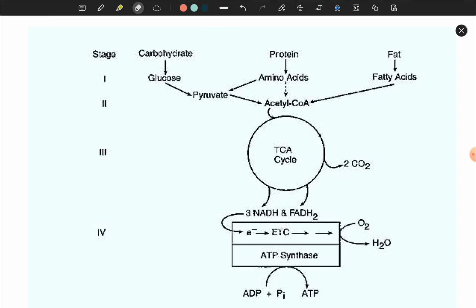So this is how we extract energy from these two molecules, NADH and FADH2, in this cycle called the electron transport chain, to convert it to ATP to be used by our organs for various functions, of course. So this is what we talked about in carbohydrate metabolism. Today will be the last part regarding the fourth step. It is the electron transport chain.